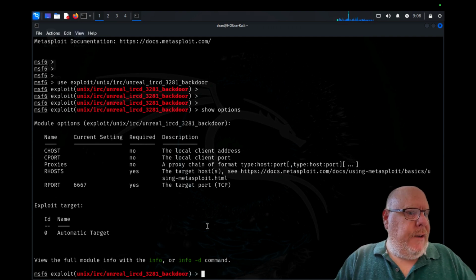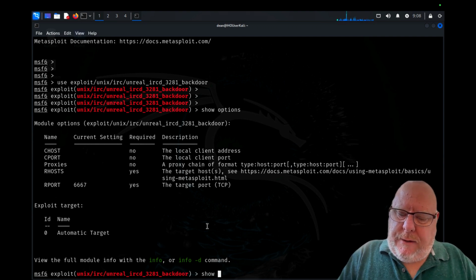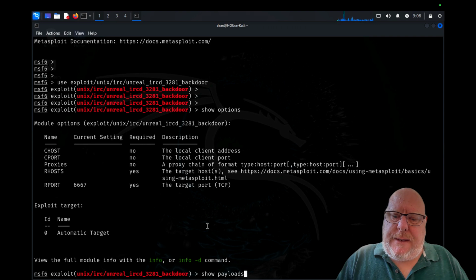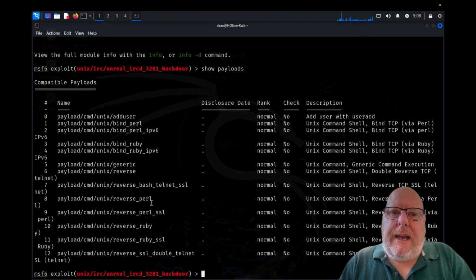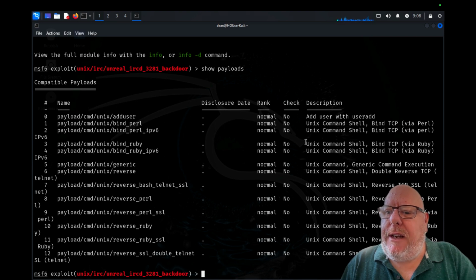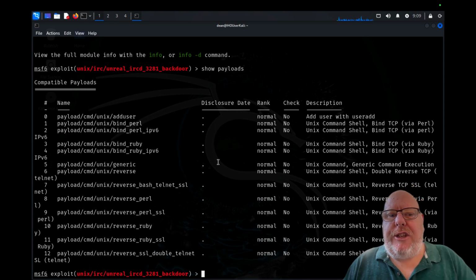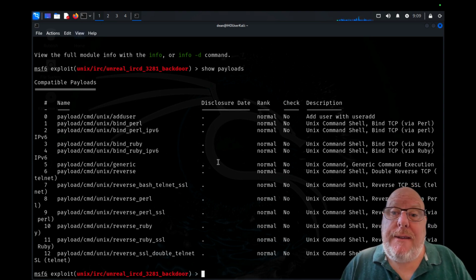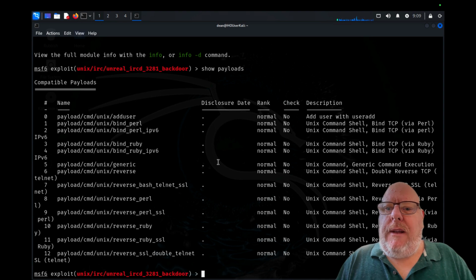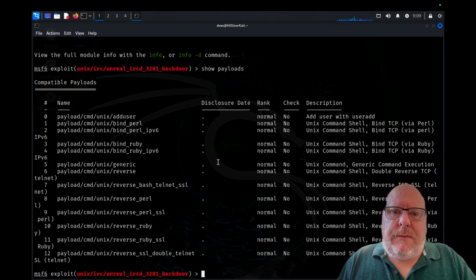Now from in here, I can have a look at all the different ways that Metasploit is going to look at initiating a payload. What we actually want to do is get shell access to that machine. So when it runs this exploit, it's going to create this backdoor and then give me a shell so that I can start typing in commands with full access to that machine,